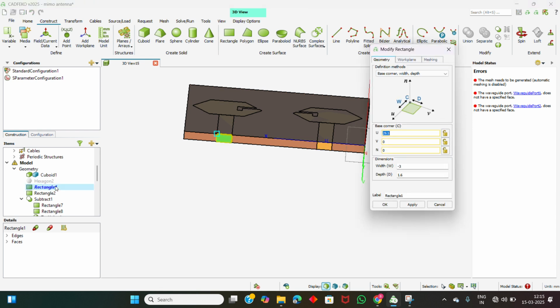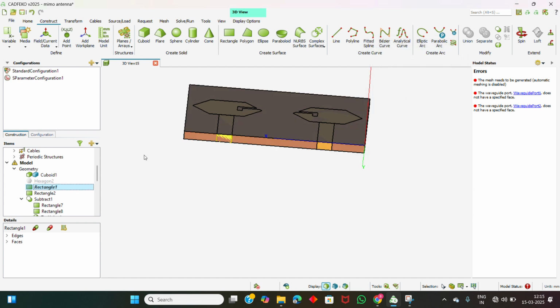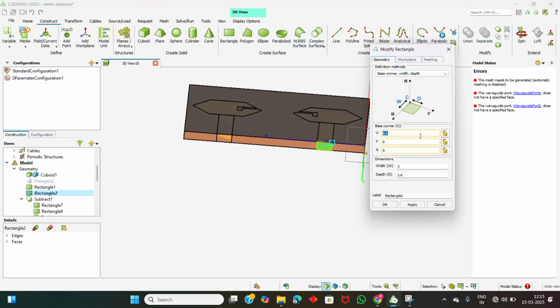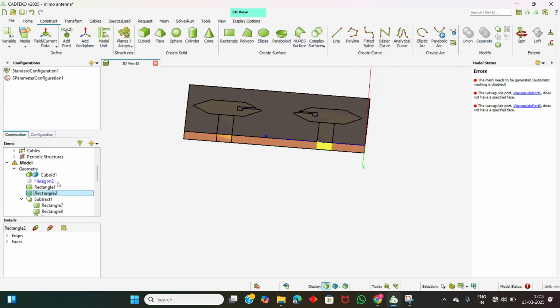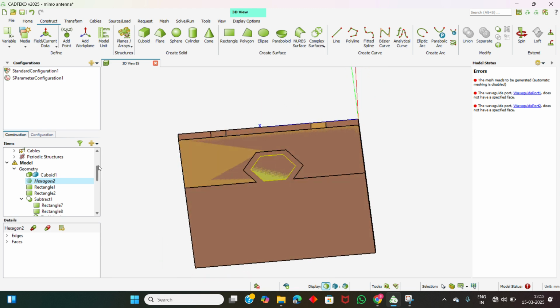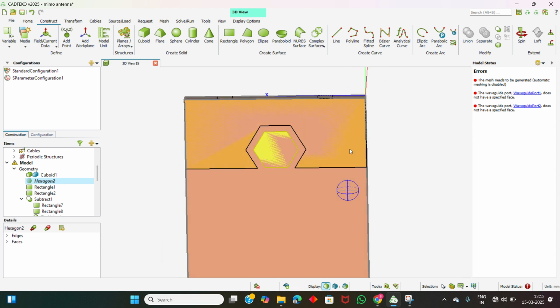Yeah, this is the rectangle one dimensions and the arrangement of it. And then for the rectangle two, we need to click on it. And this is the rectangle two arrangement and the dimensions required for this. And then this is hexagon two, another hexagon which is present between that ground and the hexagon here, and you need